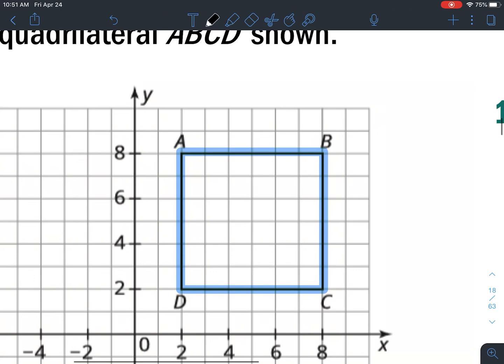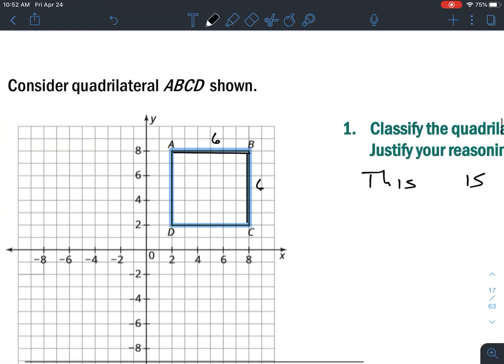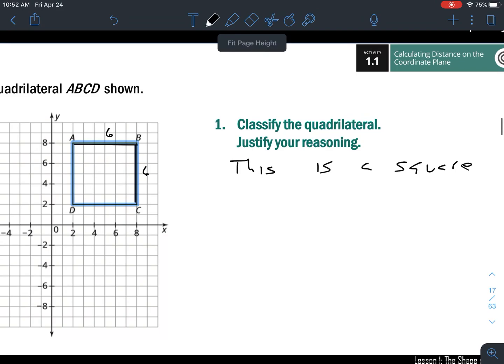And what we can say, because if we look at this, we can count. We're going over 1, 2, 3, 4, 5, 6. So this is 6 squares here. And we're going to count 1, 2, 3, 4, 5, 6 squares here. So this is a 6 by 6. So you can say this is a square